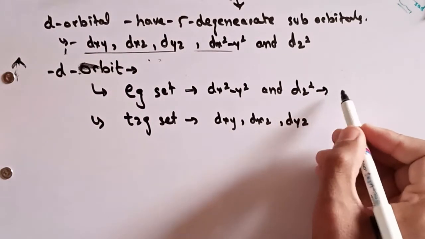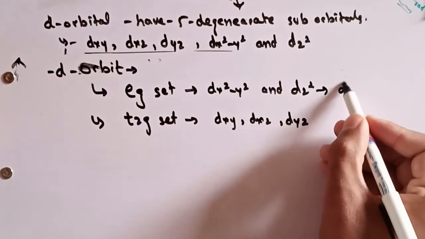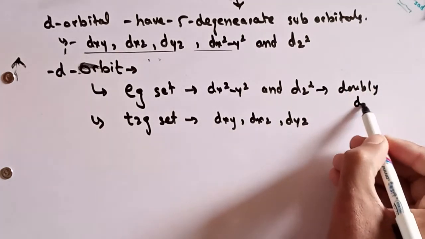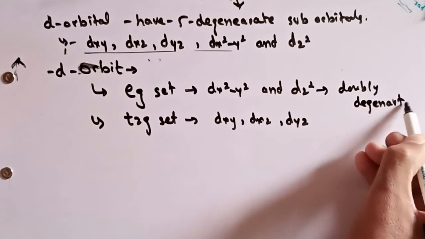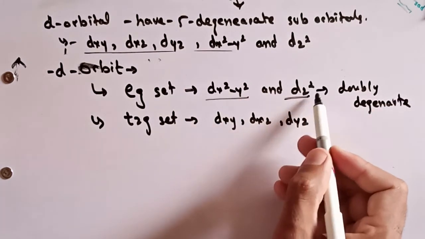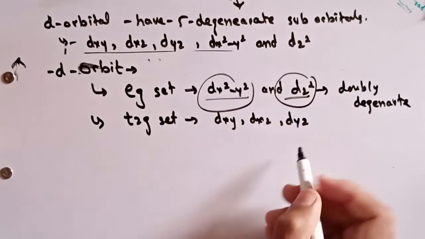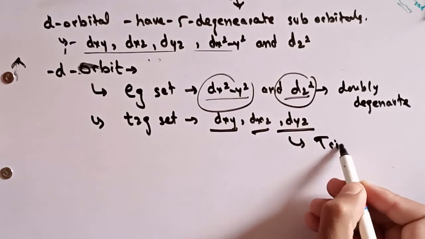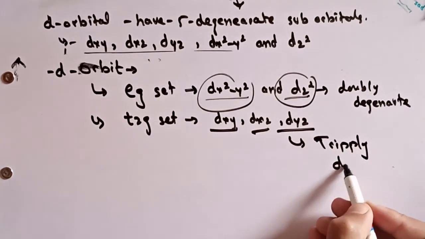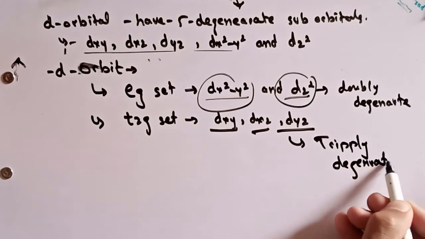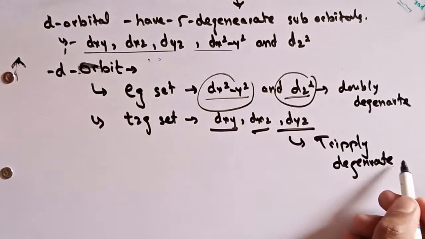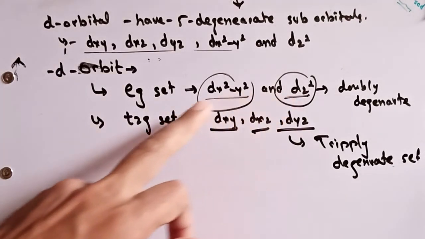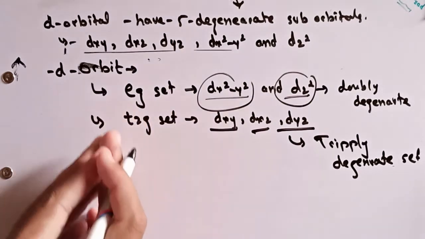The eg set is also called doubly degenerate. Eg means doubly degenerate, meaning two orbitals are degenerate here, while here three orbitals are degenerate, so the t2g is called a triply degenerate set. So is it clear? Why are dx square minus y square and dz square categorized in the eg set,